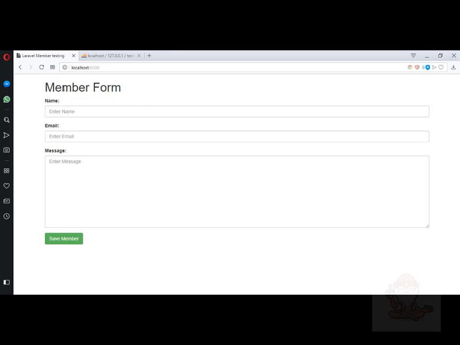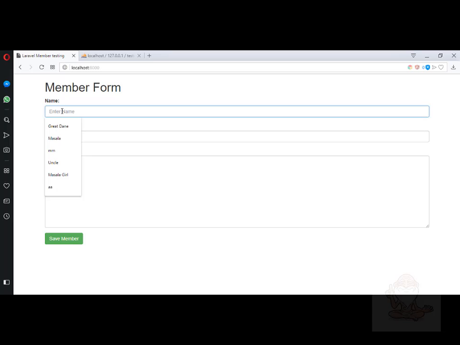But later on, when we bring in Angular, I will show you that it's an Ajax based request and hence the page will no longer refresh and all the validations will be dynamic.